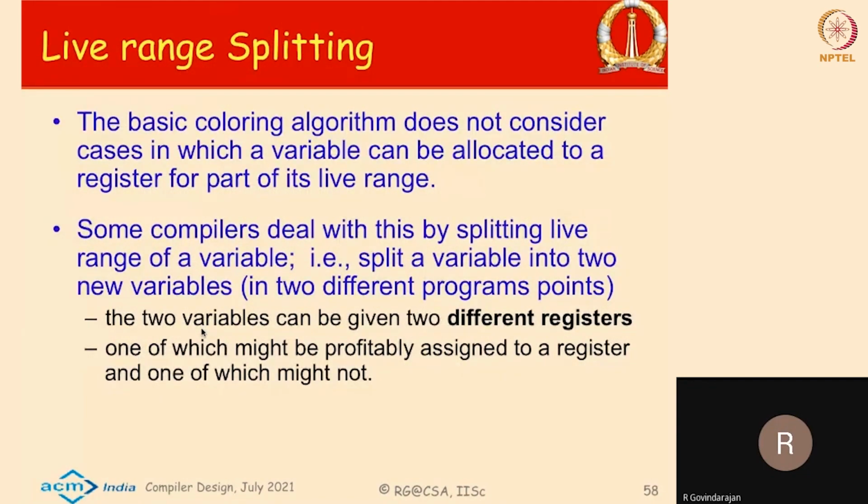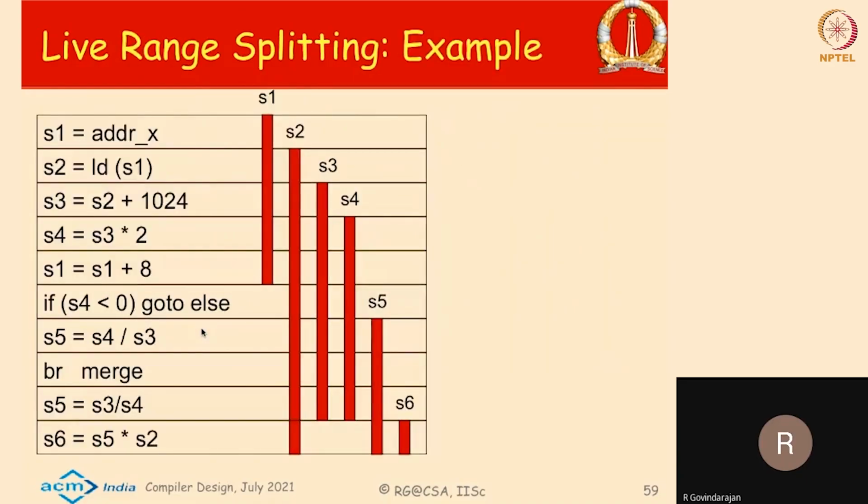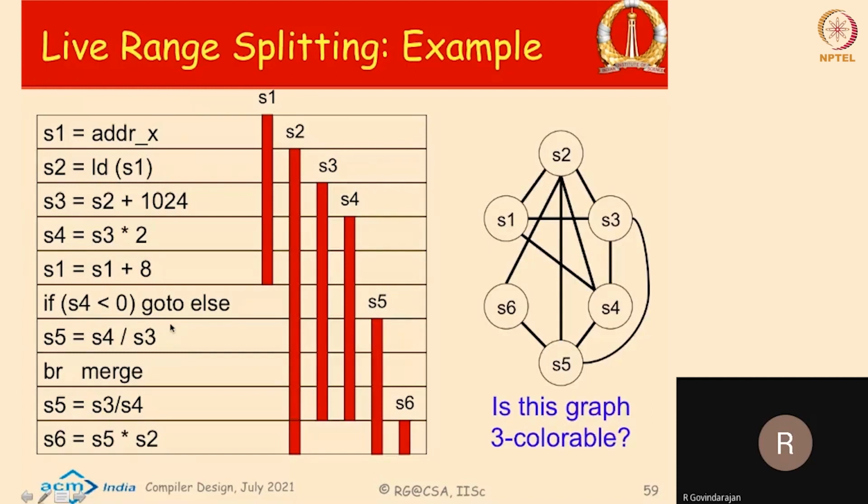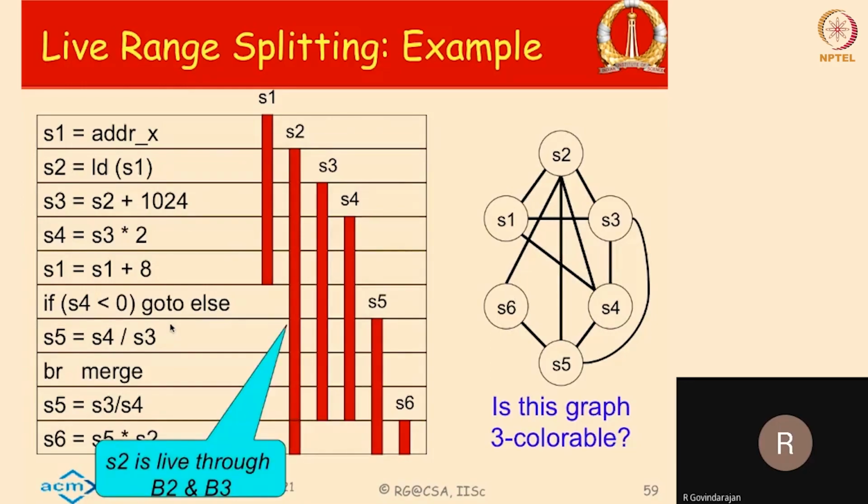So what you can do is that if there is a long live range, and you also see that the users are clustered at some places and not throughout the program, then you can actually split it into those clustered regions and then treat them as different live ranges and possibly assign different registers for them, right? So for example, here in this example, you can see that the variable S2 interferes with everybody. I mean, it interferes with all the other edges, but then S2's use is also,